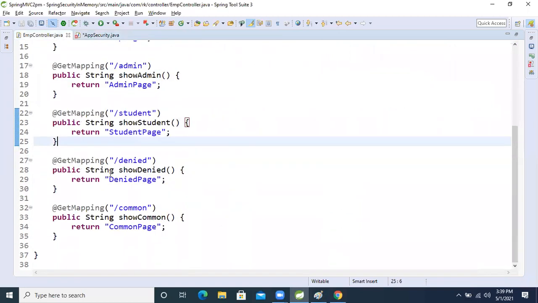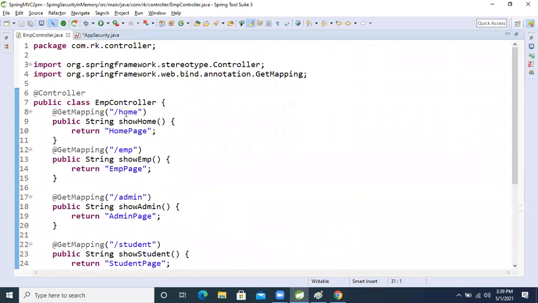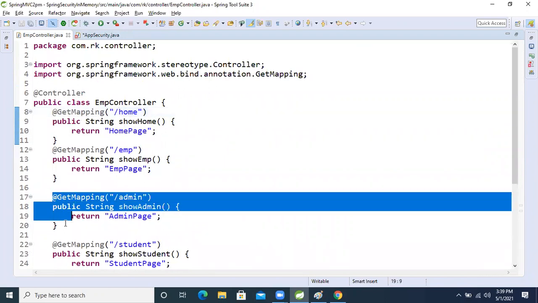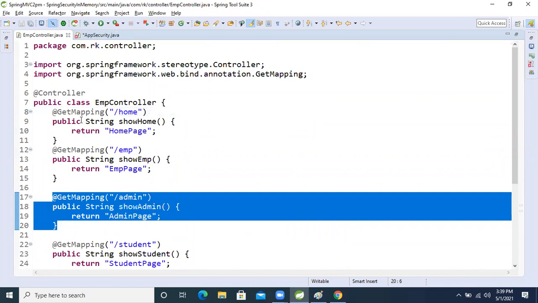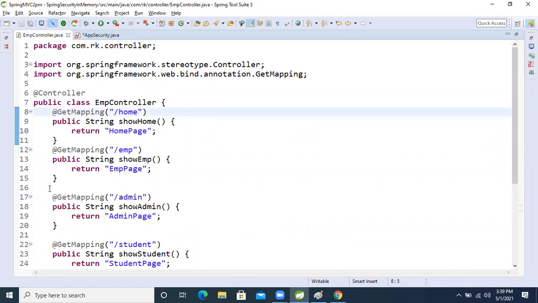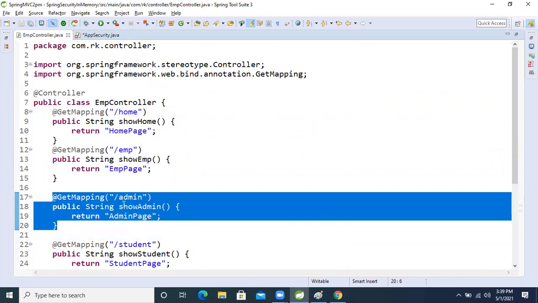But still one more page is left now, which is the denied page. When will the denied page show, guys? If an employee tries to access the admin page, then this time he doesn't have permission to access the admin page.